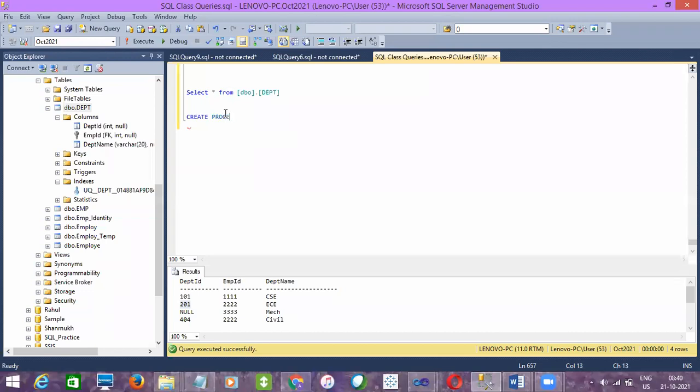Create procedure, name USP underscore department underscore update. As begin, and then end, right? So for the update, I think we need to give the input parameter here.